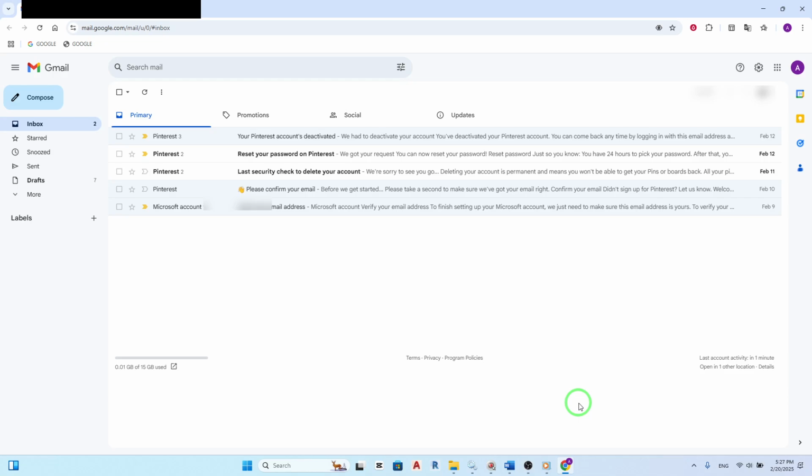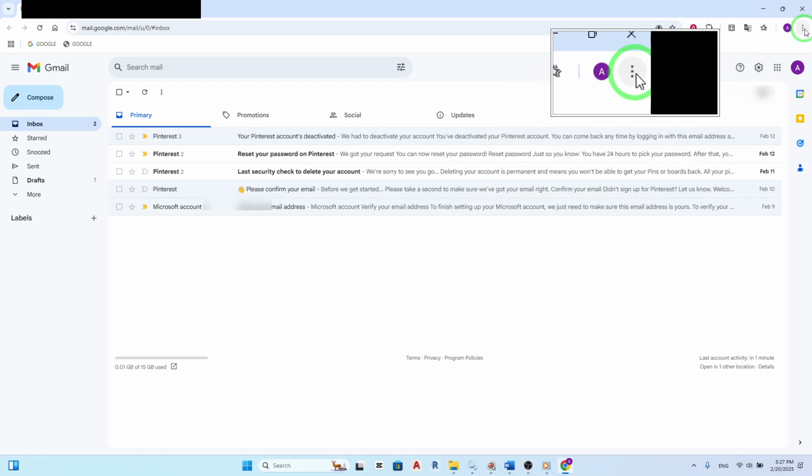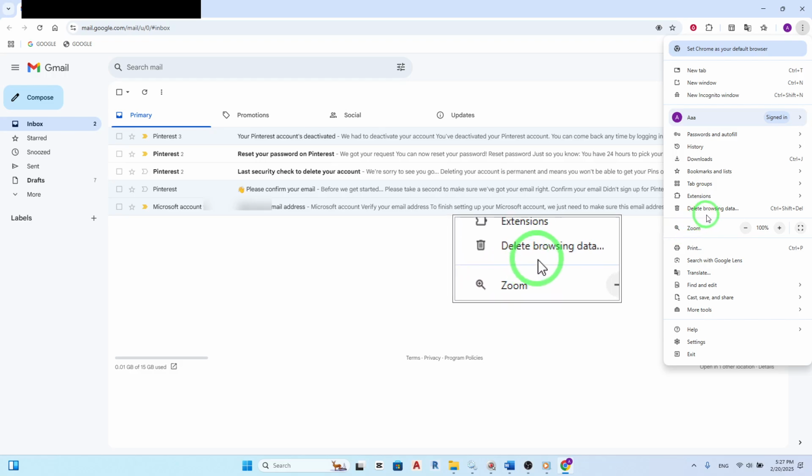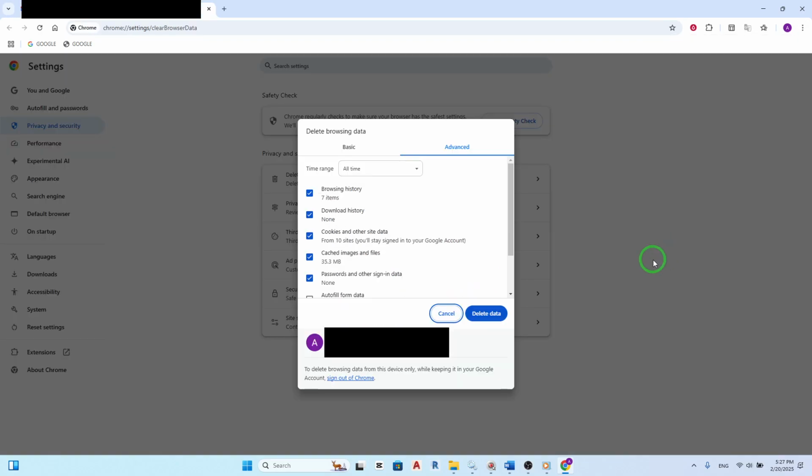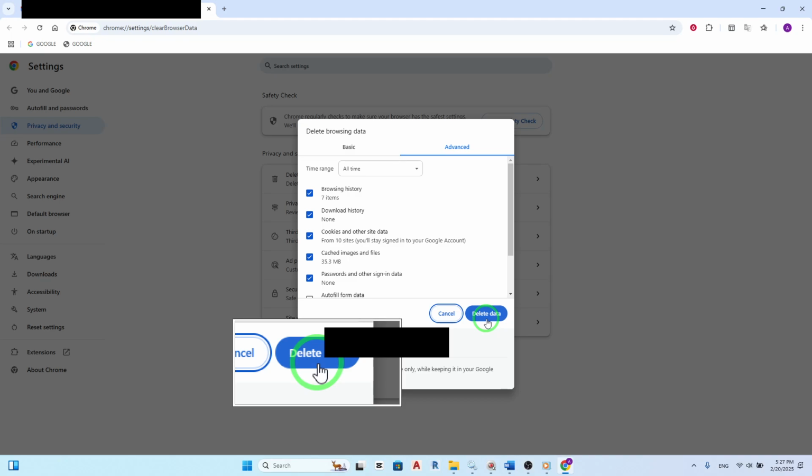Another effective solution is to clear your browser cache and cookies. Click on the three dots at the top right of your browser. Select Delete Browsing Data, and ensure that all options are checked with the time range set to all time before clicking on Delete Data. By following these steps, you should be able to troubleshoot and resolve any Gmail call issues on your PC